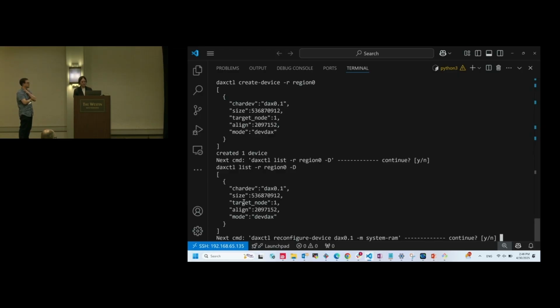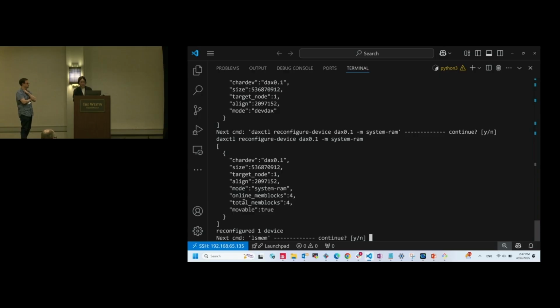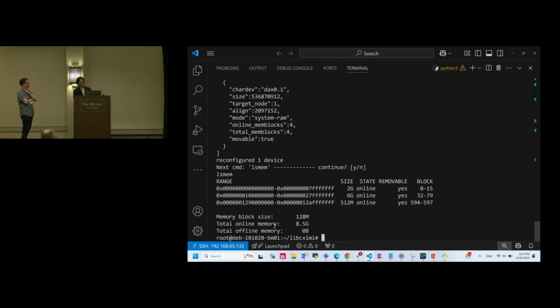the /dev directory. But I'm going to reconfigure it to be used as system RAM, just so I can show everyone with lsmem again that we've added more system memory. So this command, daxctl reconfigure-device, will just change the mode to be system RAM mode. So if we use lsmem again, we see down here that we actually have an extra 512 megabytes of system